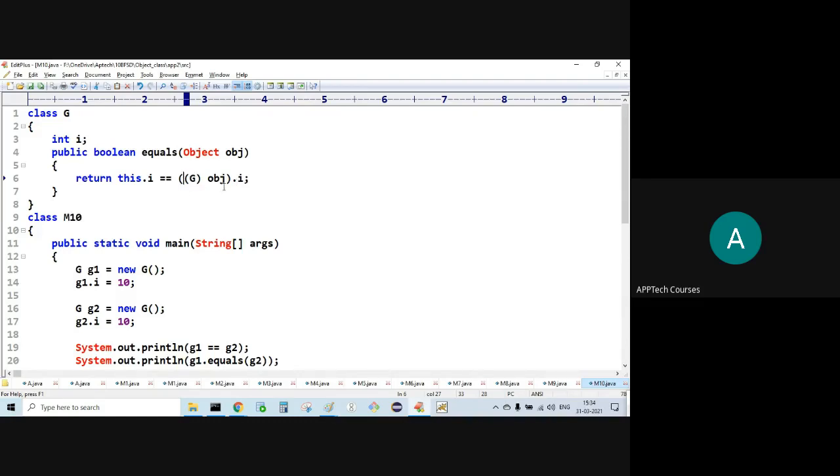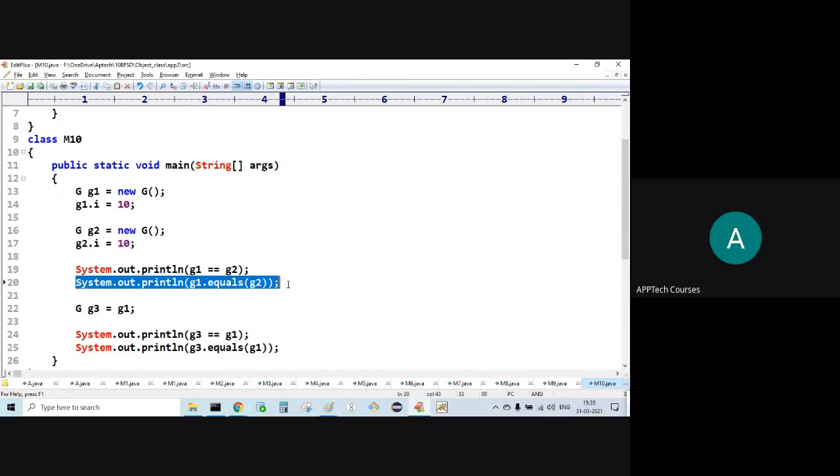Then G1's data is compared with G2's data: 10 double equal to 10, true. So first I'll get false, then I'll get true.